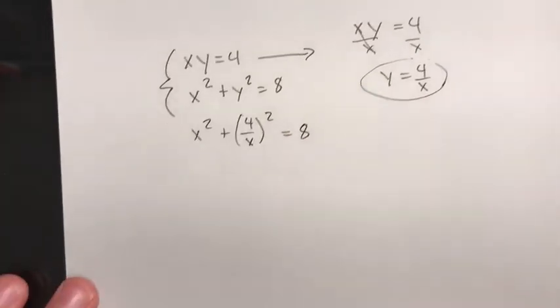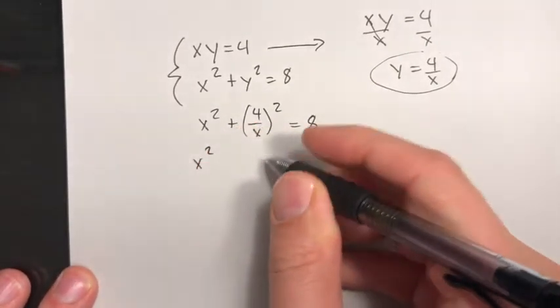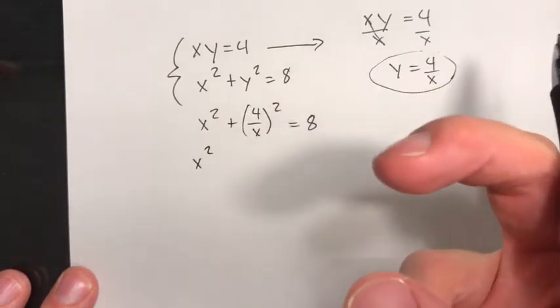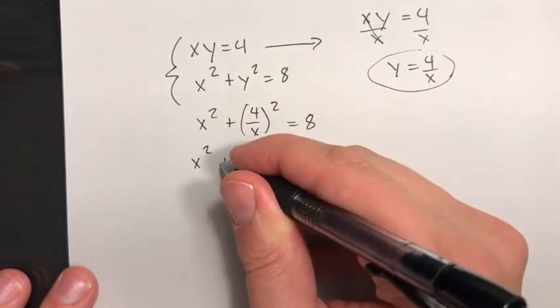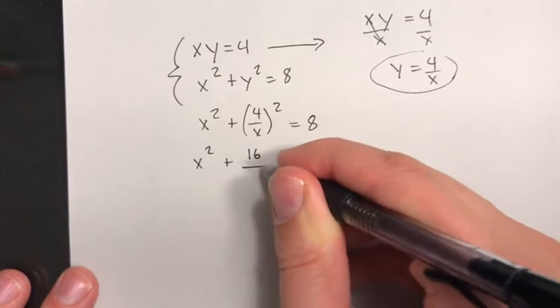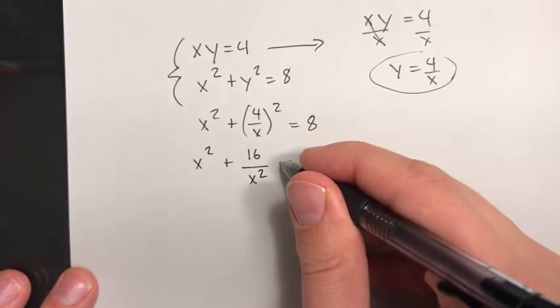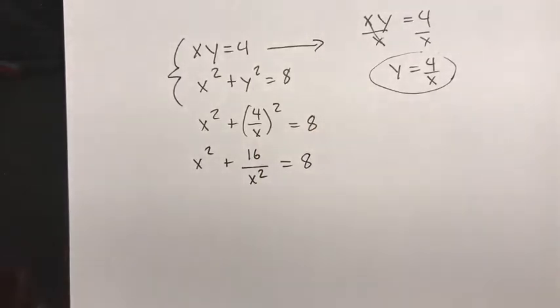equals 8. Here we go. So x squared, really unchanged. When I square 4 over x, that's 4 over x times 4 over x. That would actually end up getting me 16 over x squared equals 8. Now, problem being, again, cannot, I repeat, cannot